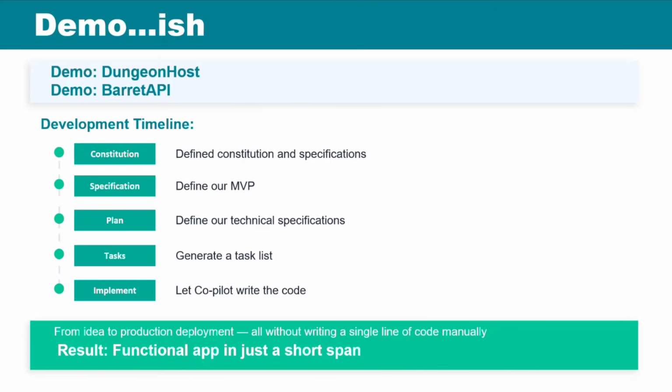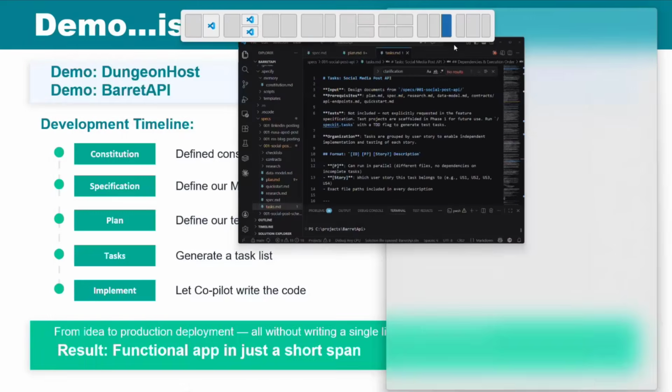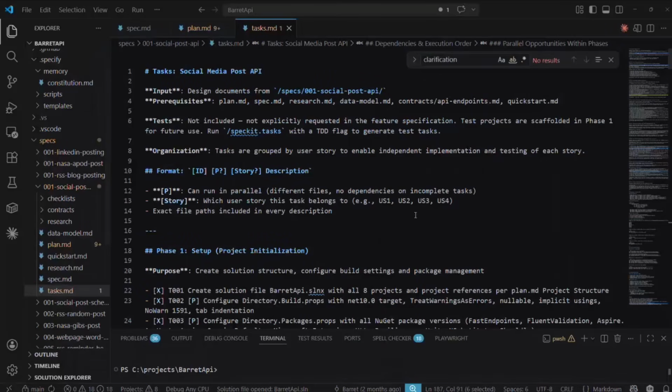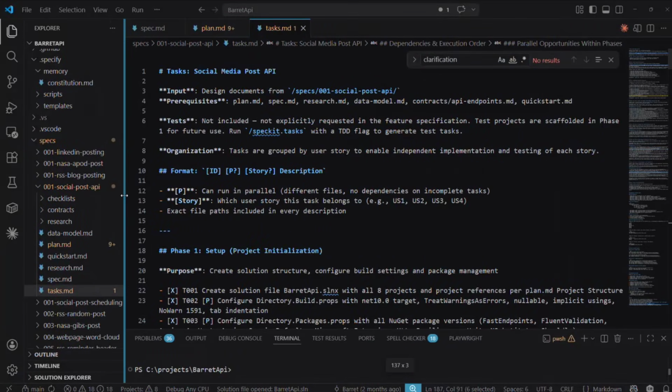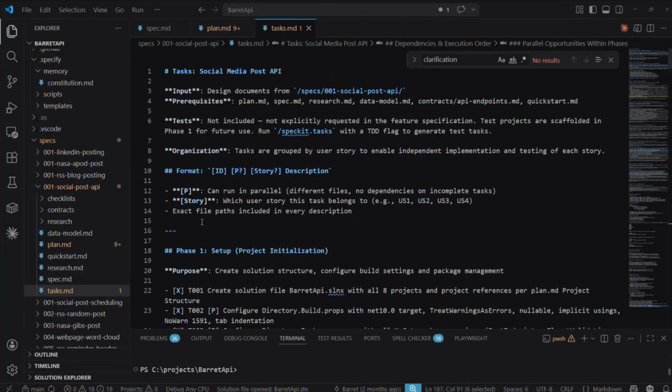So what I'm going to do is pull up some of the other ones that I've created here. Let me start with this one. This project is an API project that I created for stuff I was doing in Power Automate, like automating some of my social media posts.